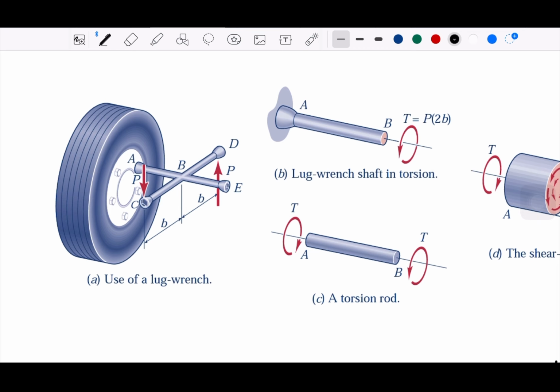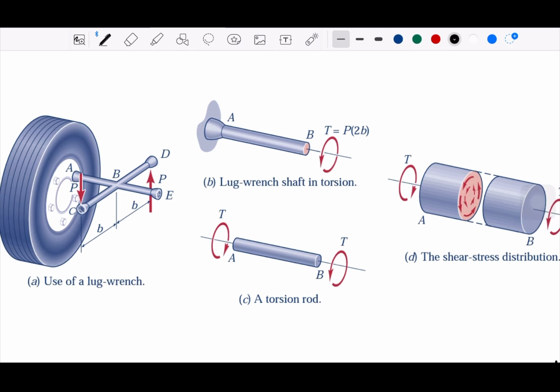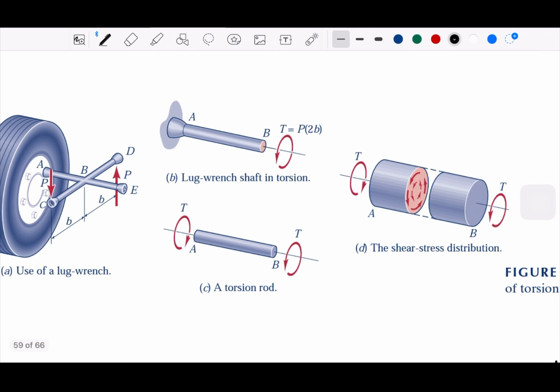And it has some distance, BC and BD. It has some distance B. So the shaft will be the torsion member. And I think this is a very good example. And if we see